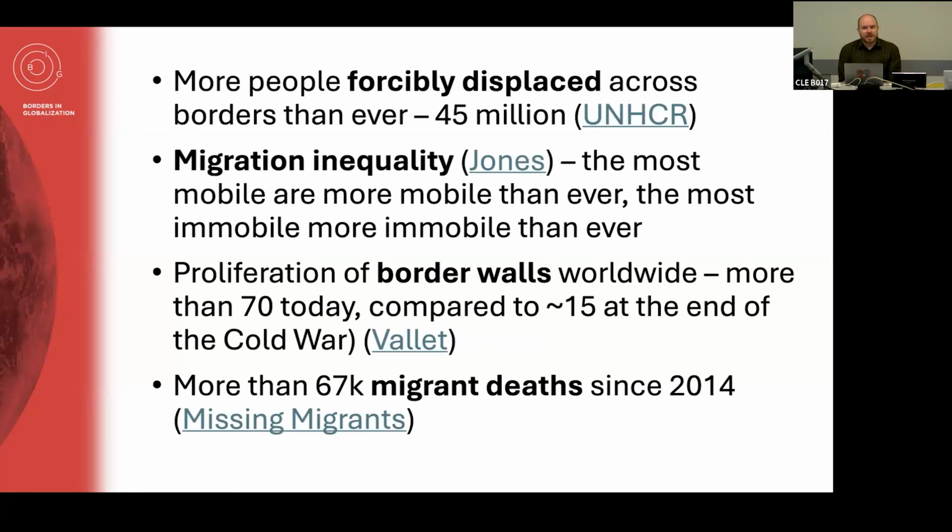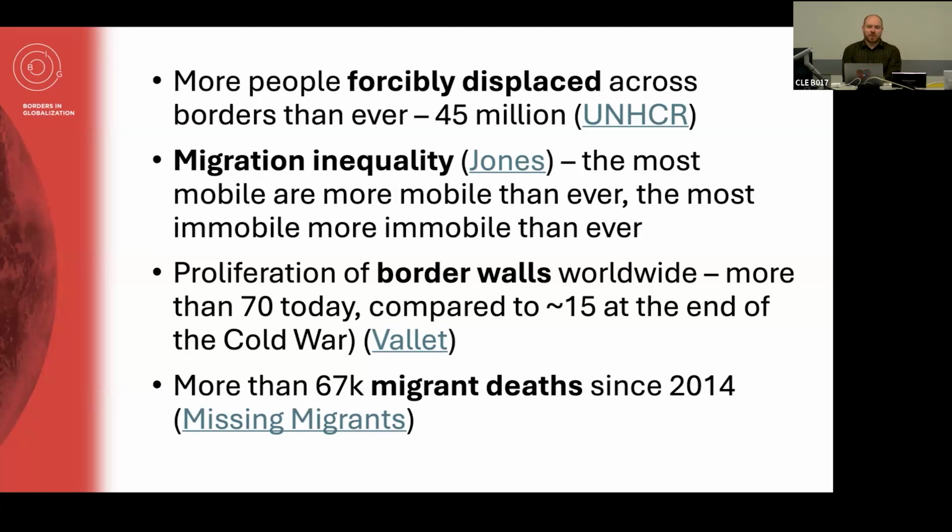And in this slide, we're starting at the top, looking at a few major issues pertaining to global migration, or movement of people across borders. Today, there are more people forcibly displaced than ever before, at 45 million people, according to the UN Refugee Agency, the UNHCR. And I'll add too that I'll be posting these slides onto Brightspace for students to look at after today's session.